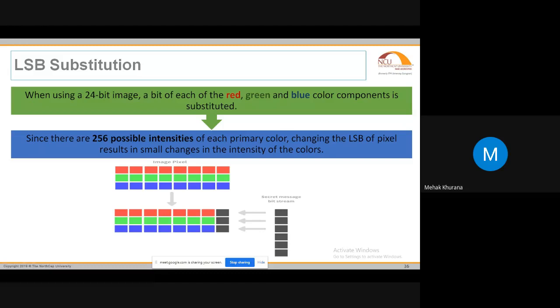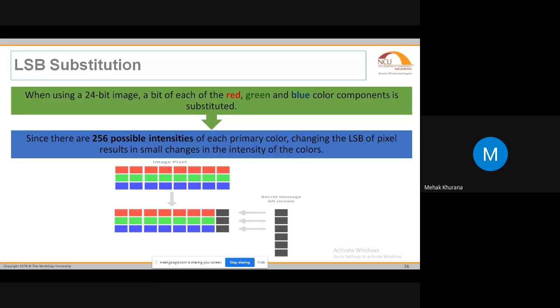On the right hand side, you can see that whatever data I want to put inside the image, I am again going to change the least significant bits of the image. With the help of this diagram, you can understand that only 3 bits are being changed in the image, and the whole message was 1 2 3 4 5 6, a 6-bit message. I have replaced 3 bits in one pixel, and the other 3 bits can be replaced in another pixel of the image.